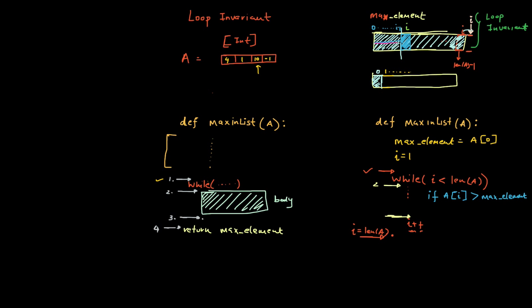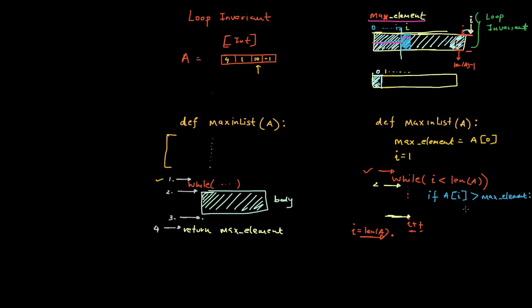So let's just put pink here. If the best that I have is in this max element, and what I'm currently looking at happens to be better than what I have got previously,